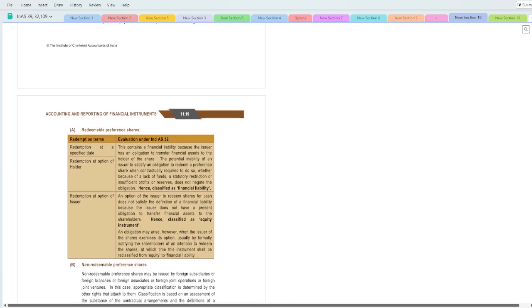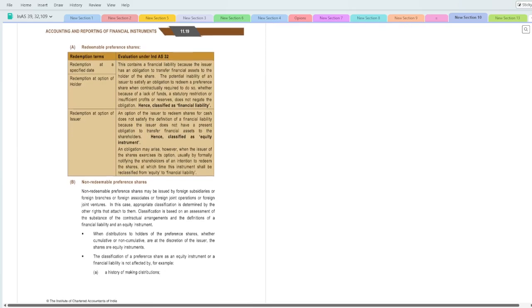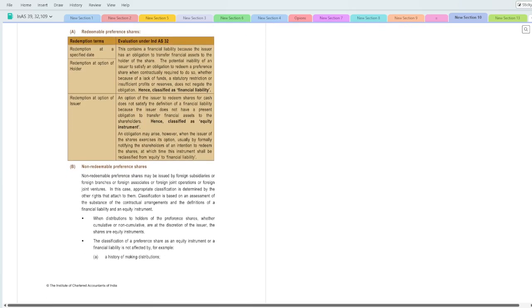तो अभी प्रेफरेंस शेयर्स की अलग अलग कैटेगरी के बारे में बात कर रहे हैं कि वो फाइनेंशियल लायबिलिटी बनेगा या इक्विटी बनेगा, या फिर उसमें दोनों कंपोनेंट अगर आ जाते हैं, इक्विटी और फाइनेंशियल लायबिलिटी का, तो फिर ये आपका क्या बोलते हैं, कंपाउंडेड फाइनेंशियल इंस्ट्रूमेंट बन जाएगा। सो रिडम्पशन एट अ स्पेसिफाइड डेट, रिडम्पशन एट द ऑप्शन ऑफ द होल्डर्स, ये दोनों के केस में क्या कहते हैं, जो इश्यूर है वो cannot avoid to pay the cash, तो ये आपका जो प्रिंसिपल अमाउंट के पर्सपेक्टिव से फिर ये आपका फाइनेंशियल लायबिलिटी बन जाएगा।